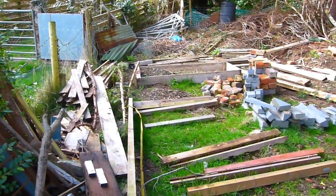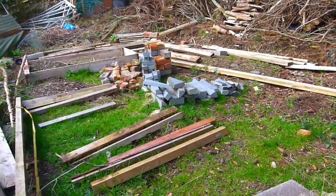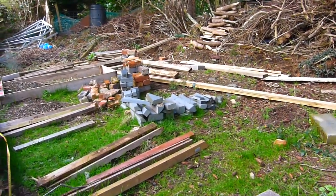So all this wood today is now going to get moved. I'm going to sort out what I want. All the bricks are all going to get moved and all that stuff. And then I'm going to decide what I'm going to use on the barn